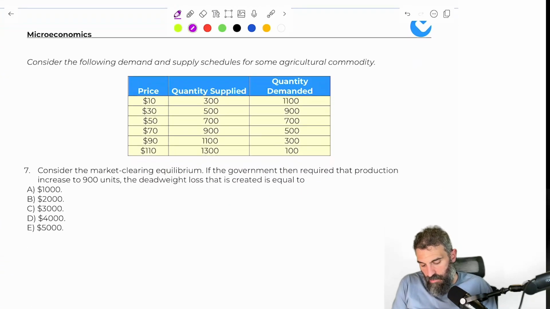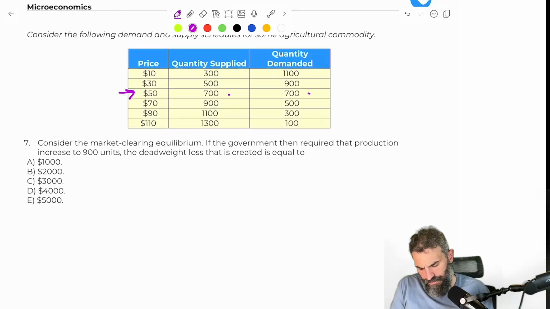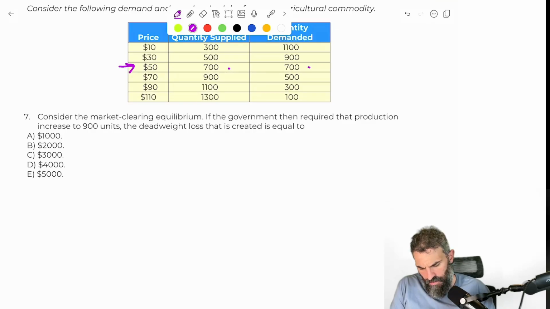Okay, then you've got this table here. Consider the market equilibrium. So the equilibrium to me is right here at $50 because quantity supply and quantity demand are the same. If the government were to require that production increase to 900,